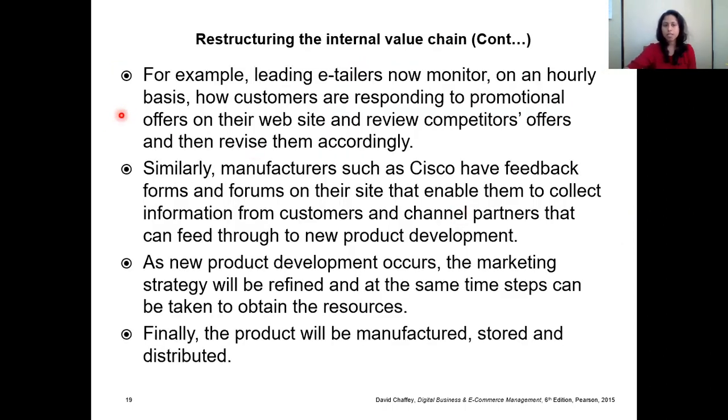So this next point says, for example, leading retailers now monitor on an hourly basis how customers are responding to promotional offers on their website and review competitors' offers and then revise them accordingly. So like I mentioned earlier, if the company is maintaining an e-commerce site, right? If the company is maintaining a website,